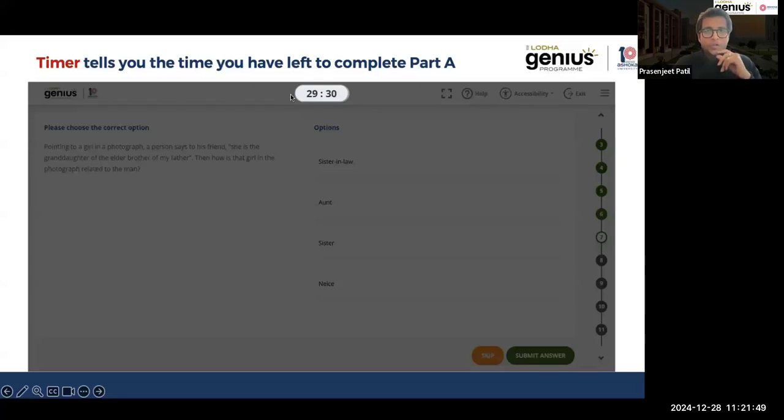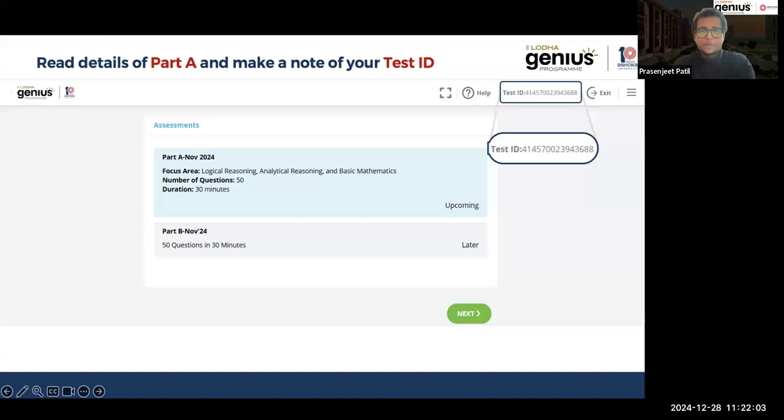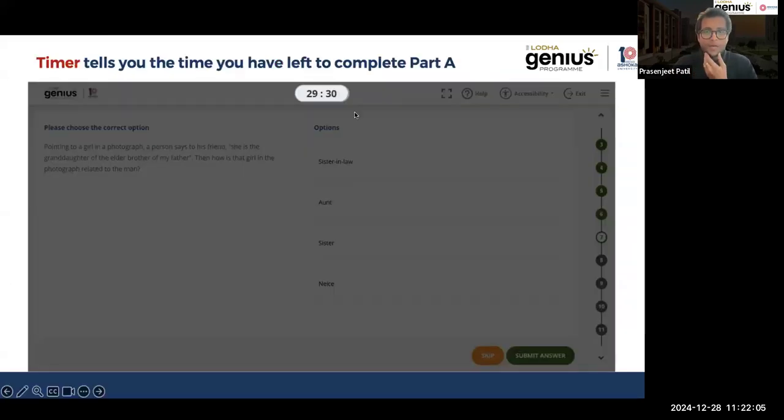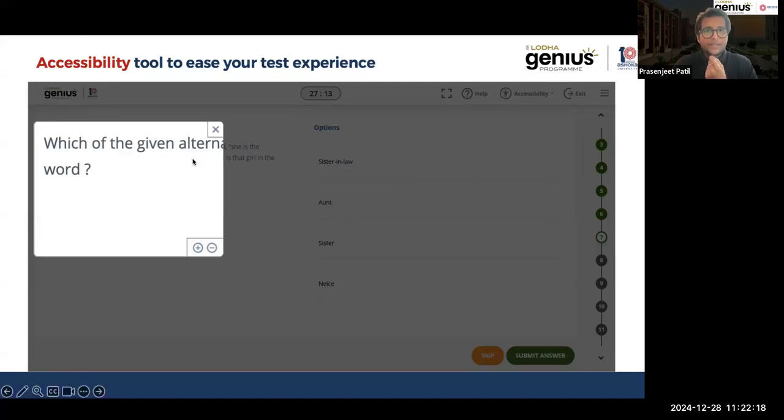In the center of the screen, you see this timer. It tells you how much time you have left to complete the part. If I have started, this starts from part A, as we have seen previously. So it shows me the amount of time left for me to complete part A. There is something called an accessibility feature, which has a magnifier at this point. In case you need it, you can use the magnifier to enlarge the text